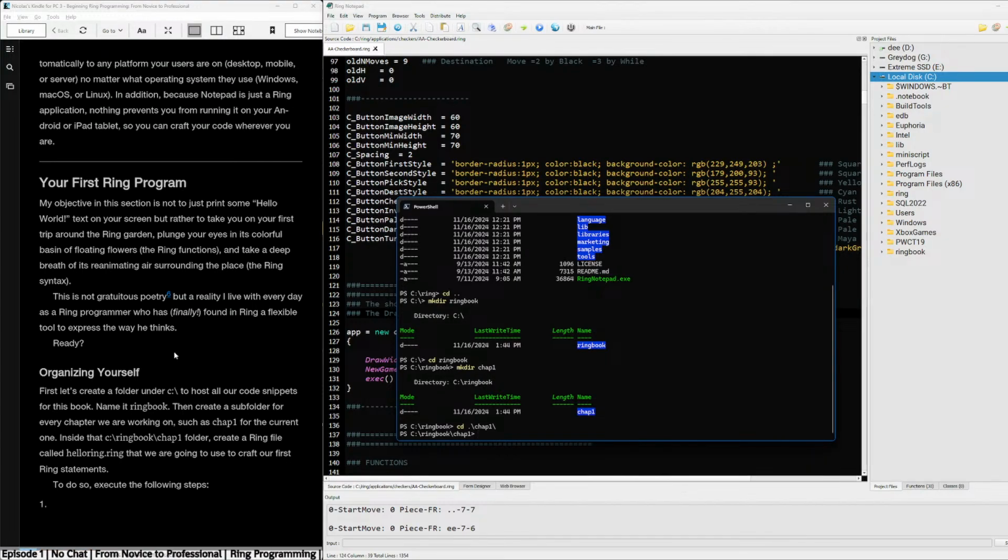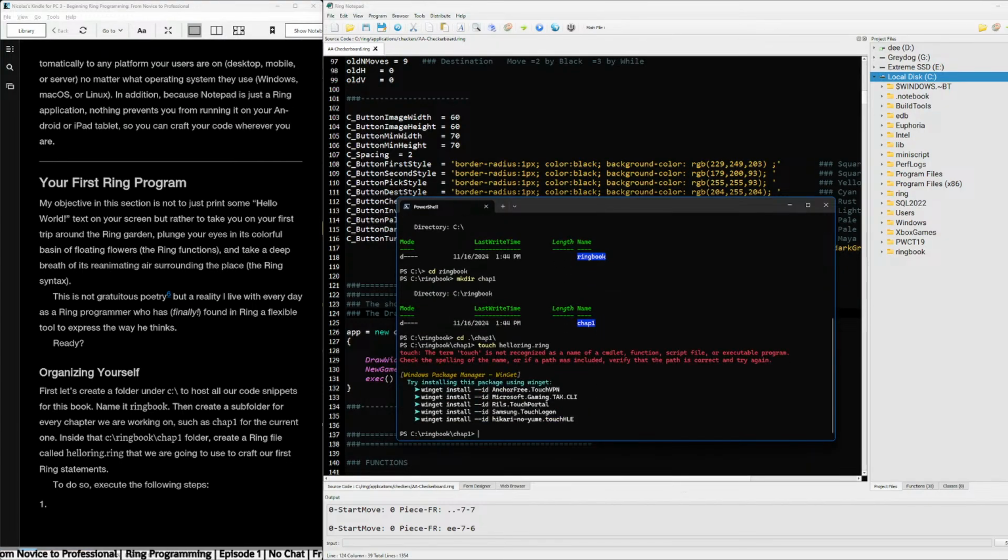Create a ring file called... touch. Hello ring dot ring. Oh god, dude. Okay, I'm slowly regretting this.